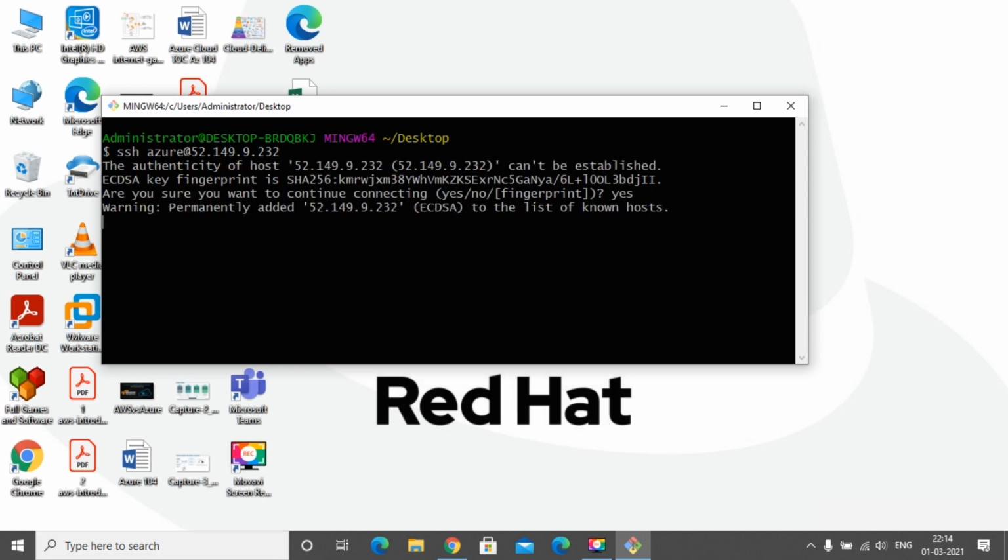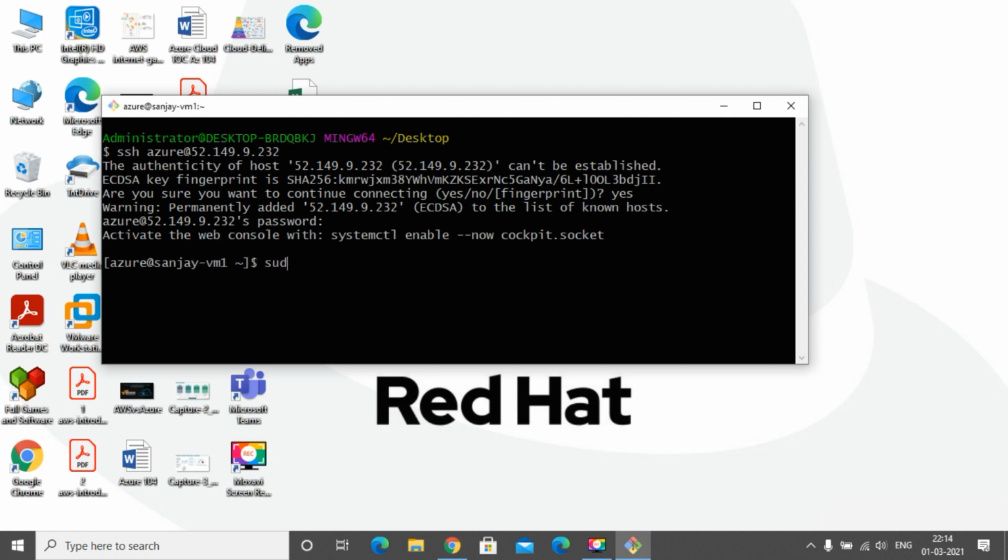Yes, because password authentication is enabled, that's why I'm accessing this machine via password. I'm going to supply the password. Wow, job done. I'm going to run yum install httpd -y.